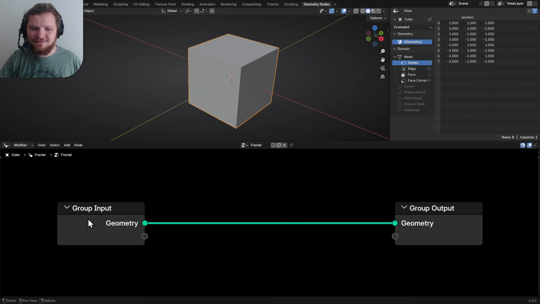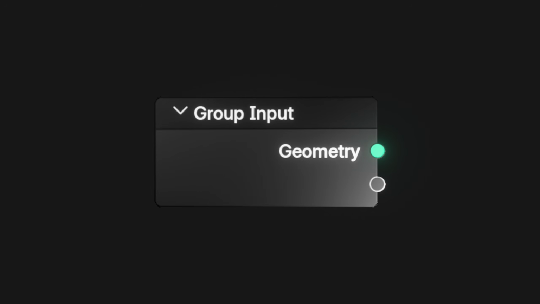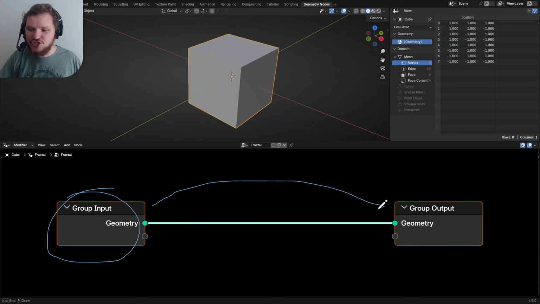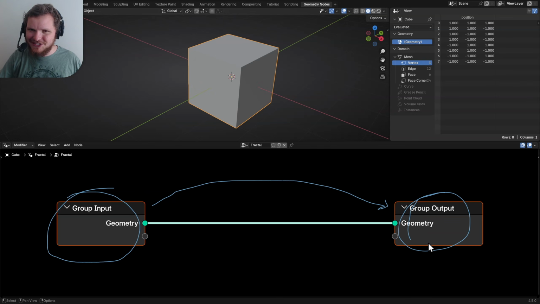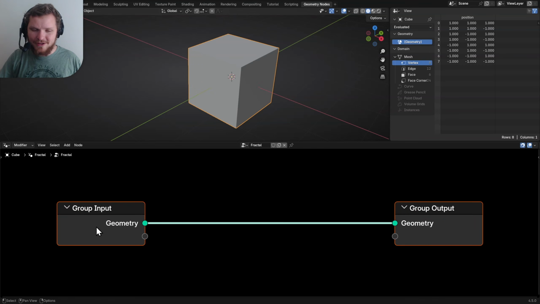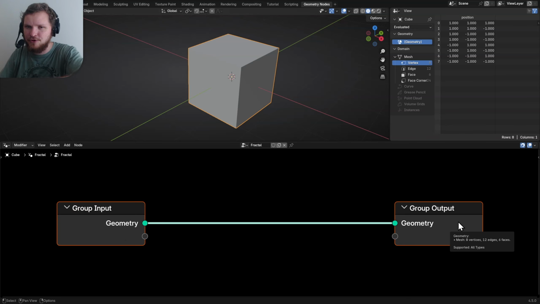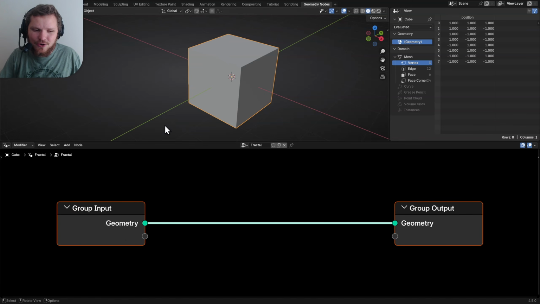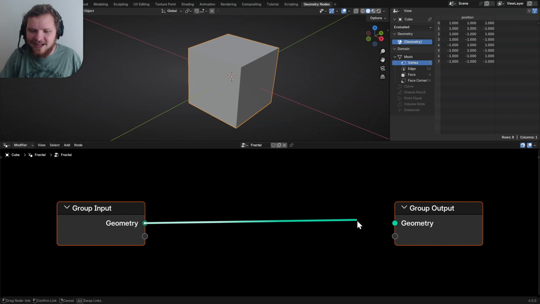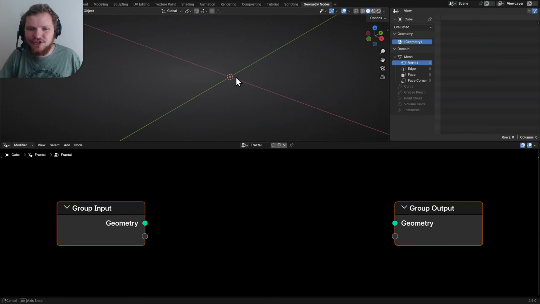So you can see by default, every single time we've had these two nodes that I have not addressed. Specifically, we have something called a group input node that has this link to a group output node. I think you can guess the relationship between these. The group input brings in some geometry and it sends it to the group output, which displays it. In this case, there's really nothing going on because it takes our cube as the input and says then output it. But if I was to take this connection and sever it, now all of a sudden we have